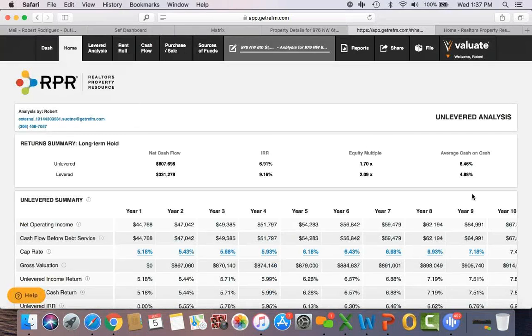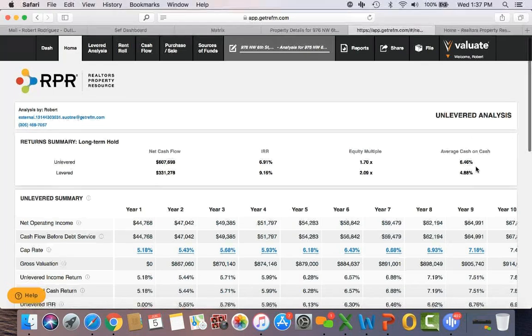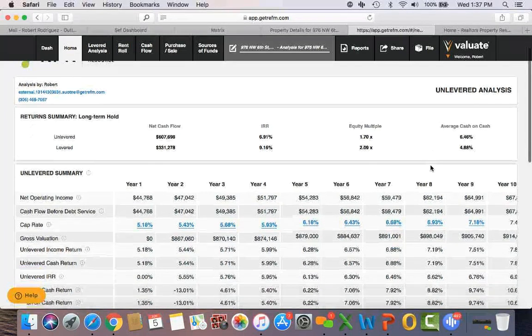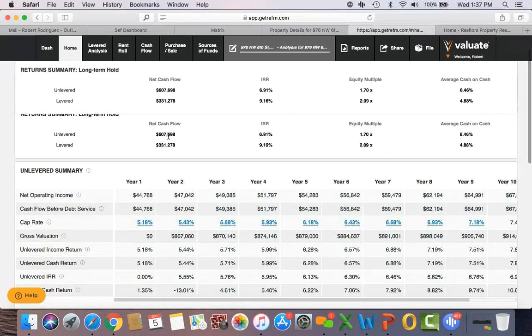The system then will return an average cash on cash of 6.46%. So it's pretty healthy. It's over 5. To me, anything over 5% cash on cash on a year-to-year basis is excellent. And what we have is a net cash flow return after 10 years of